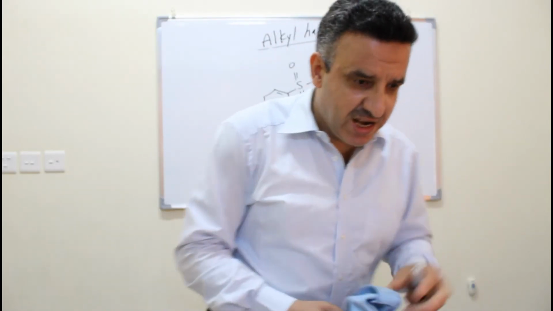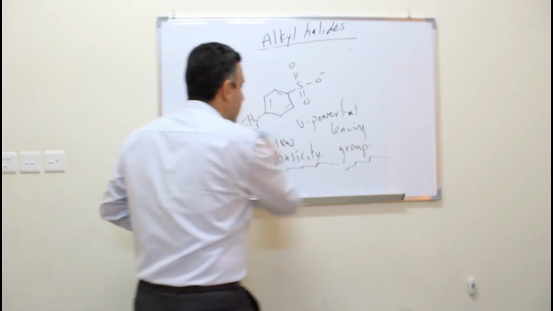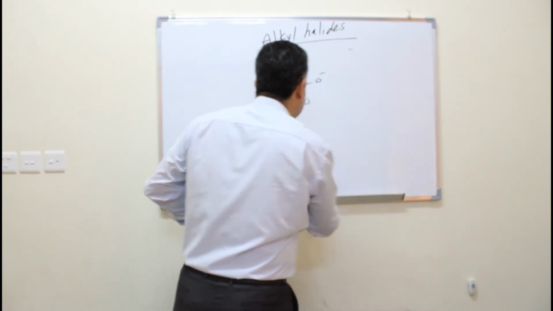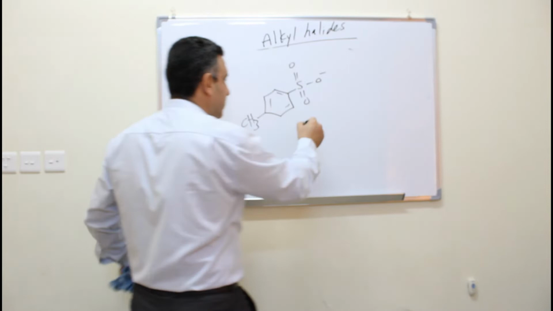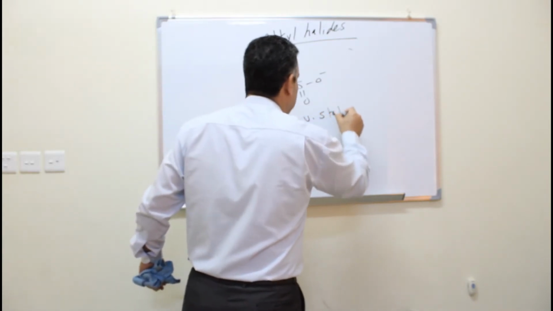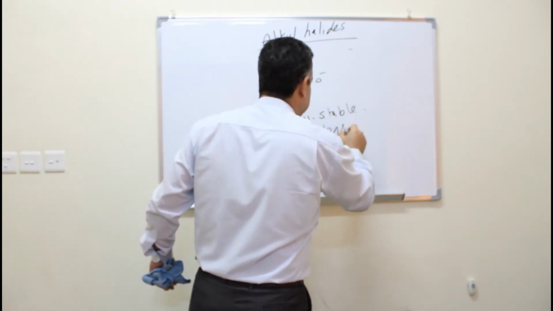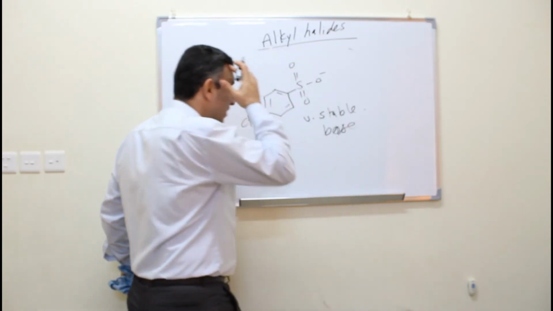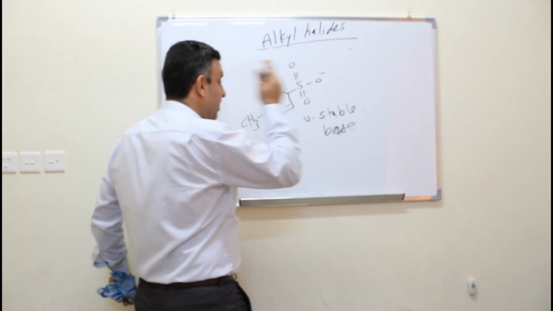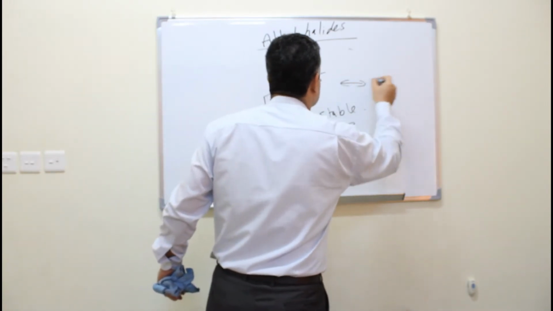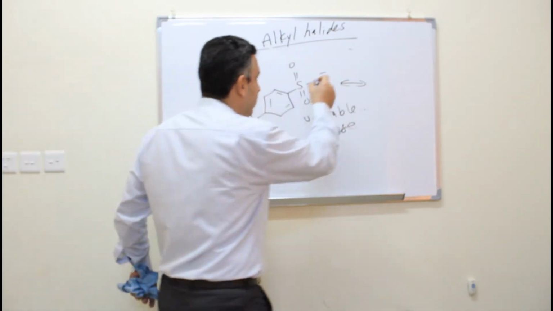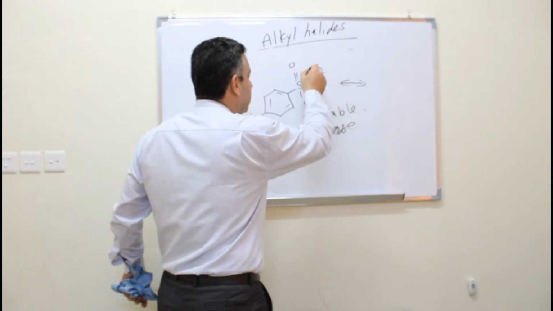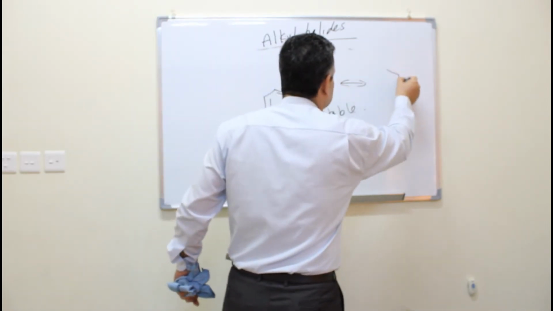Right, okay. Let me just reformulate it. This is a very powerful leaving group due to the stability. It's a very stable base. Why is it very stable? Due to the presence of resonance structures. Because if you look carefully, you can see that we may draw different resonance structures of this